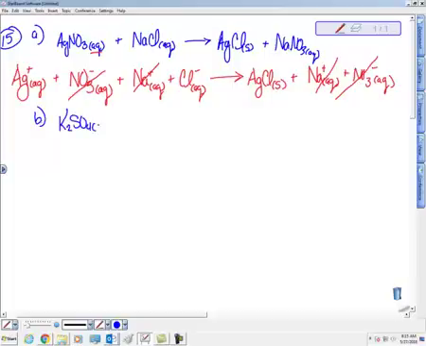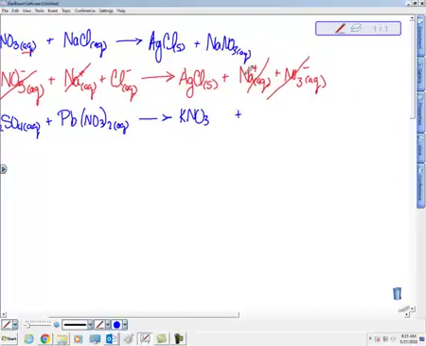K2SO4 and some lead nitrate is going to give you KNO3. And notice how this time they're not labeling solubility on the products, and PbSO4. All right, so you would want to grab your solubility rules, and for the first compound, KNO3, first of